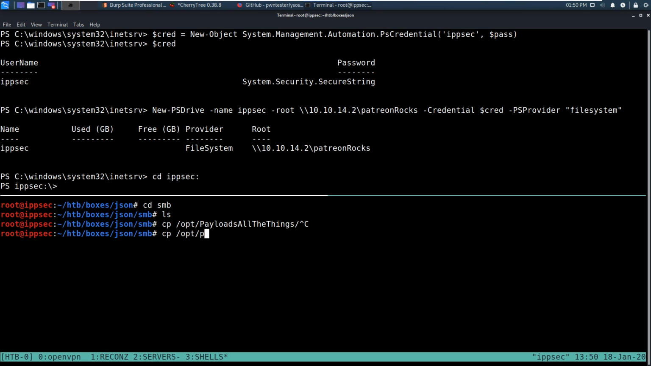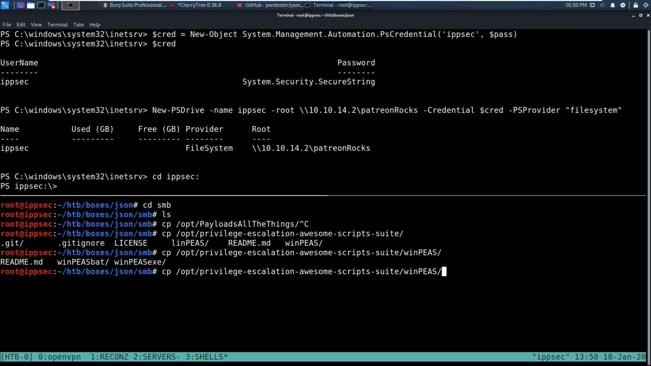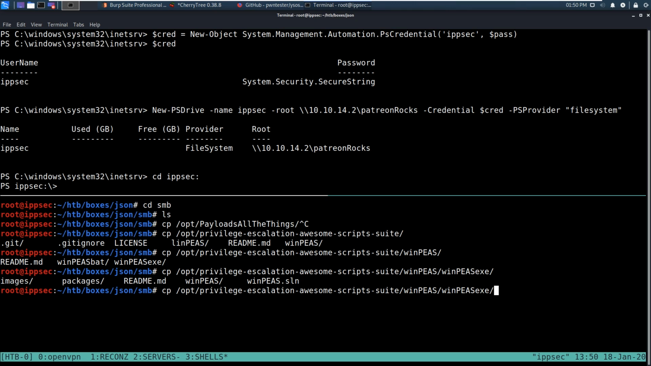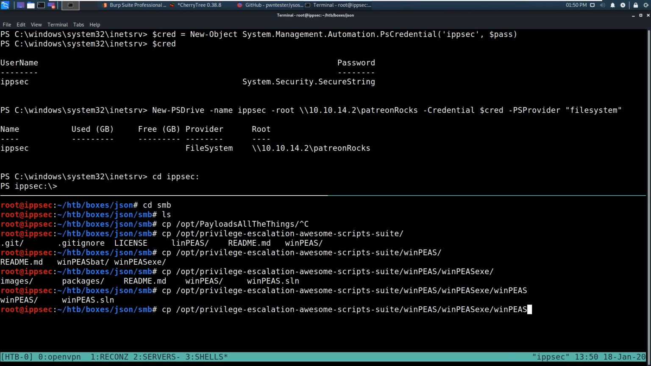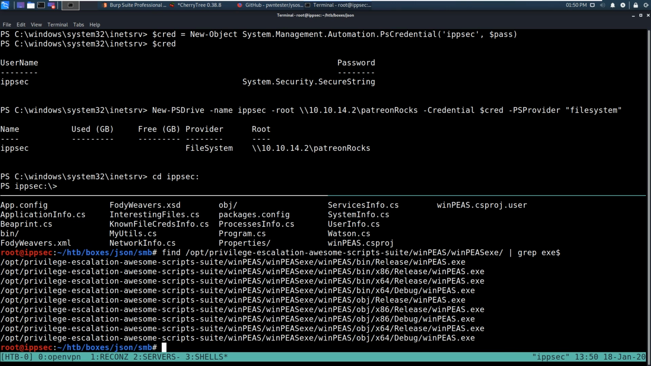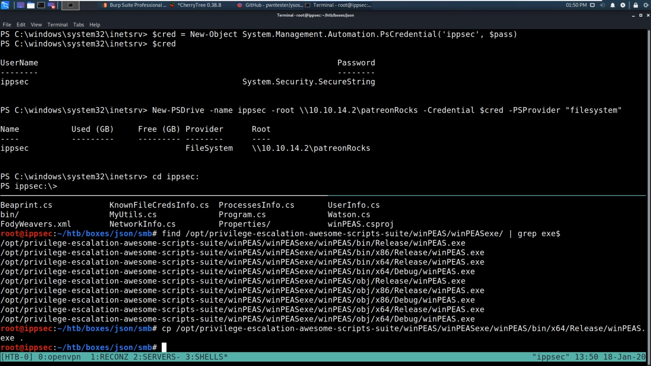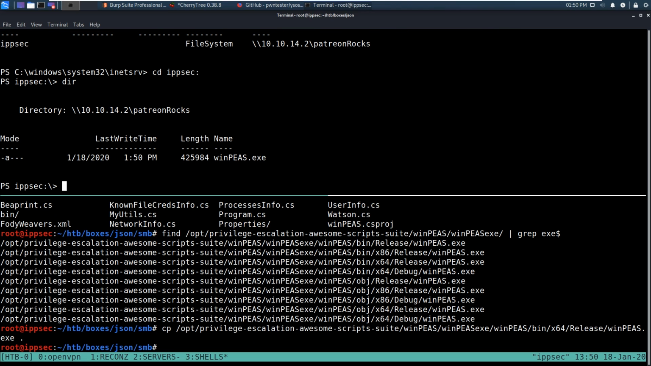Opt, that's not it. cp /opt/privilege-escalation-awesome-scripts-suite/winPEAS, we'll do the exe. And then I think it's winPEAS again. Let's just go in here and do a find, grep exe$. So we copy the x64 release here. If I do dir, I can just magically execute this. So winPEAS.exe